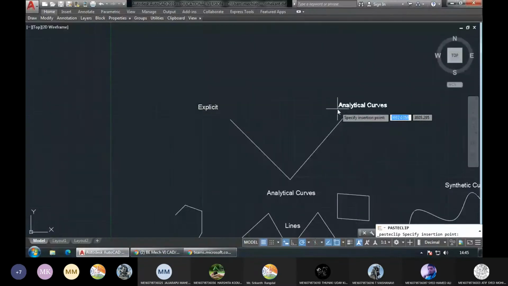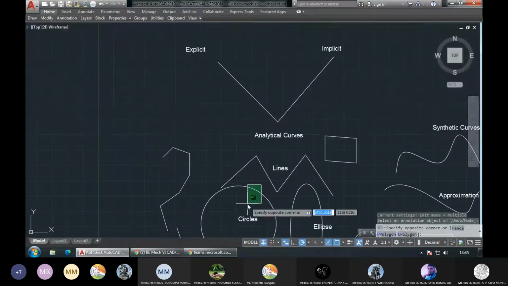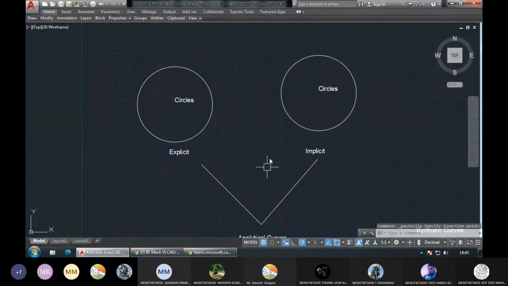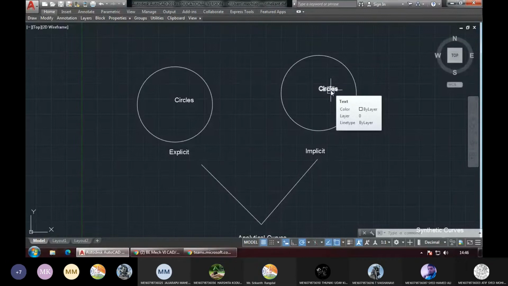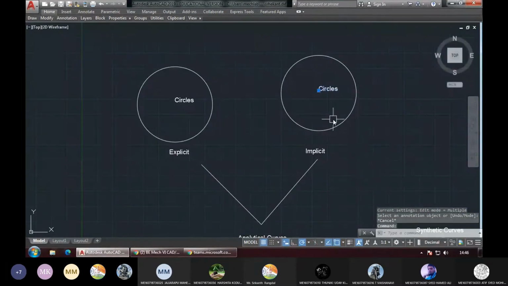One is explicit, the other is implicit. Fine. So let us say circle, for example. The same circle can be defined in two ways. One in explicit form, the other in implicit form. So what is the equation of circle?